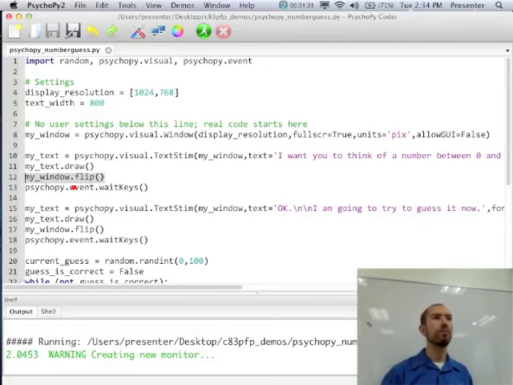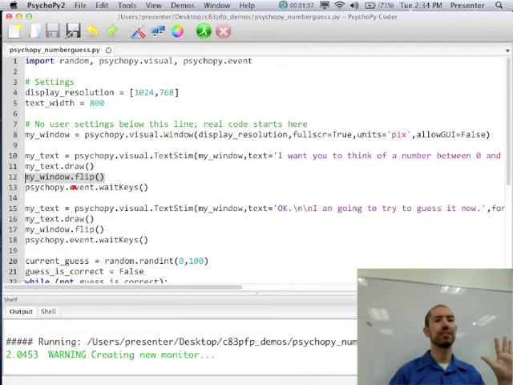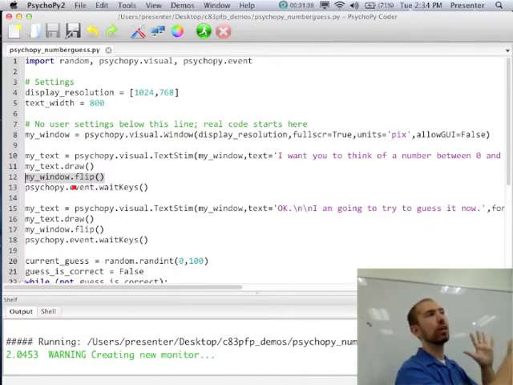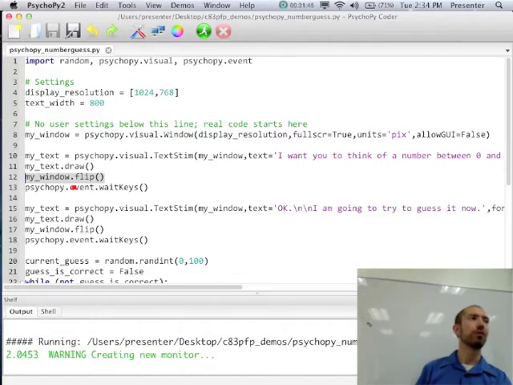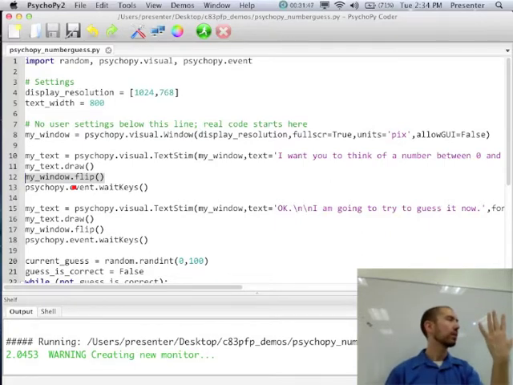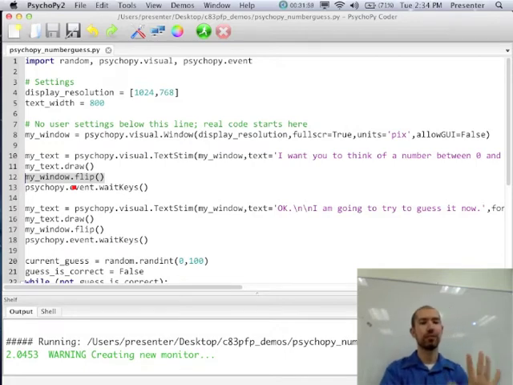So if you want to draw a bunch of stuff on the screen and then show it all at once, use this buffer method. Basically, if you imagine you have a chalkboard or a whiteboard with two sides, what you're doing is drawing all your stuff on one side of the board, and then when it's all ready and you're ready to show it to the person all at once, you flip it around, okay? So I would draw it on my side like this. When I've got it all ready how I want to show it to you, I flip it around, and then it automatically erases the other side, so I start again blank, right?